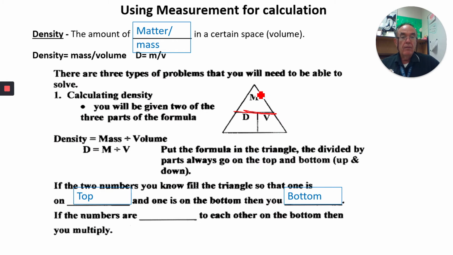Okay? So whatever's on the top is going to be divided by what's on the bottom. So if it's mass on top and volume on the bottom, we're going to divide mass by the volume. So if the two numbers that you know fill the triangle so that one is on top and one is on the bottom,